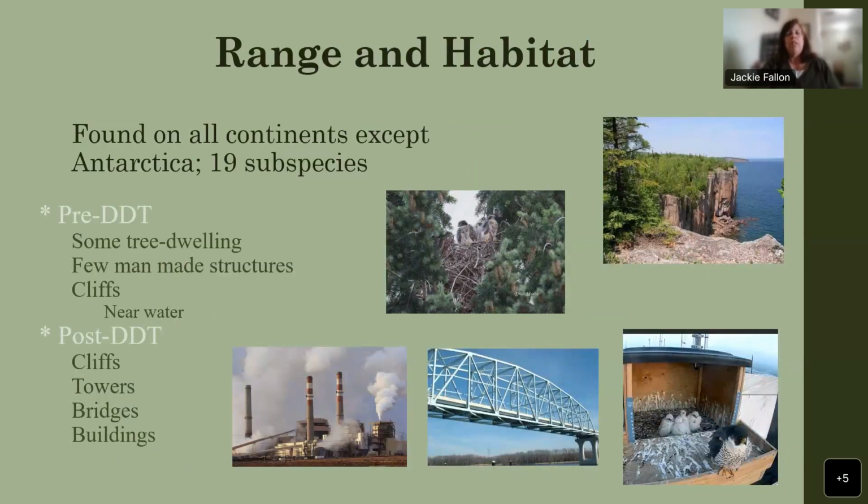So where do peregrines live? Peregrines are, along with barn owls and osprey, one of the most widely spread raptors in the world as well. They're found on all continents except for Antarctica. And we have 19 different subspecies of peregrines found living in the Arctic, living in the mountain ranges, the coastlines,